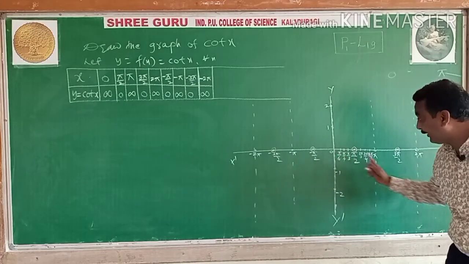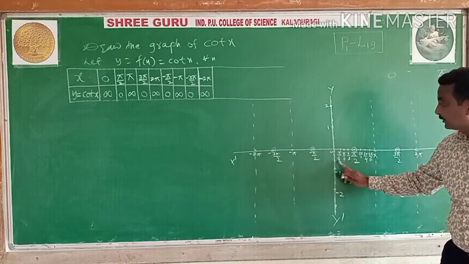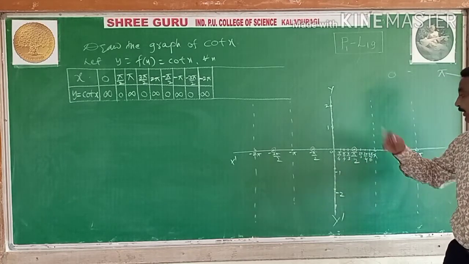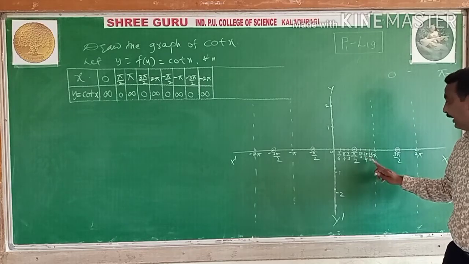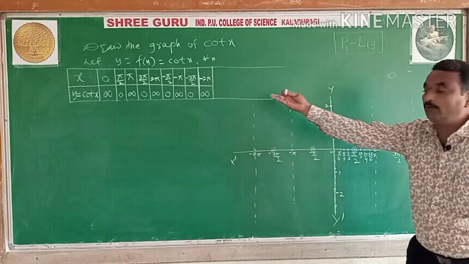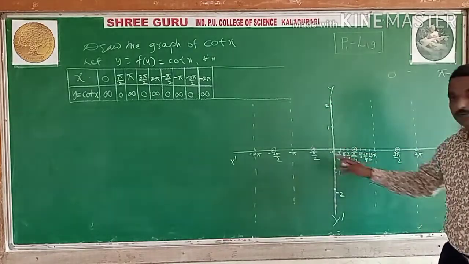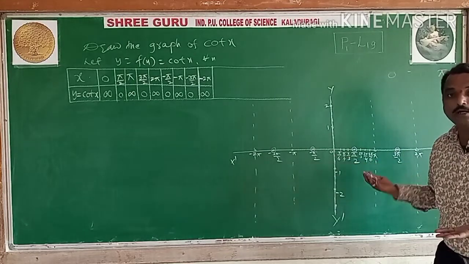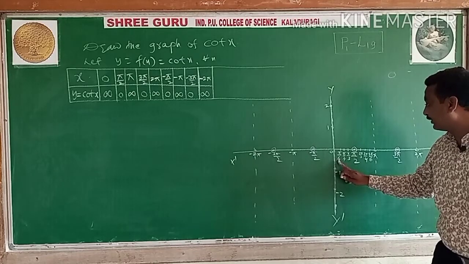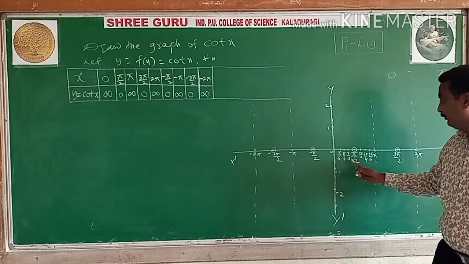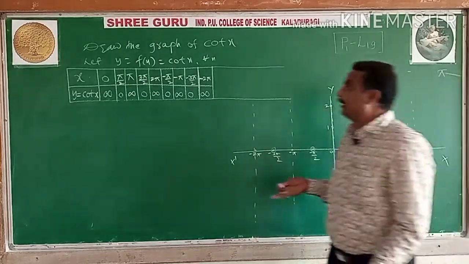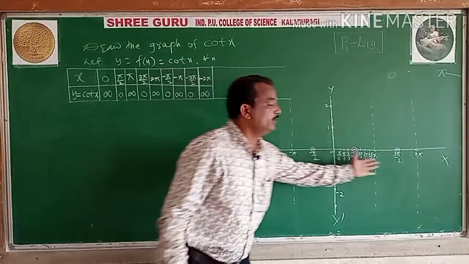In between 0 to 180 degree: 30 degree, 45 degree, 60 degree, this is 90 degree, already calculated. After 90: 120, 135 and 150 degree. You need these values here, because only then will you get the values according to the trigonometric functions. You will not get values for 100, 150 or 125 like that. So this is what we have taken: 30, 45, 60, 90, 120, 135 and 150 degree. Therefore we have taken these values, students.